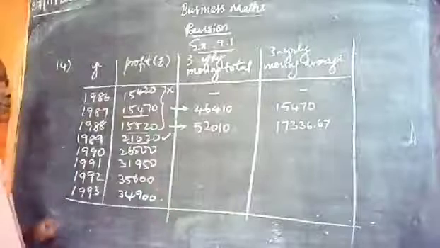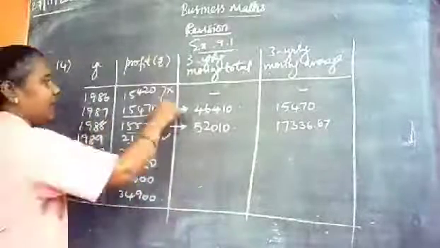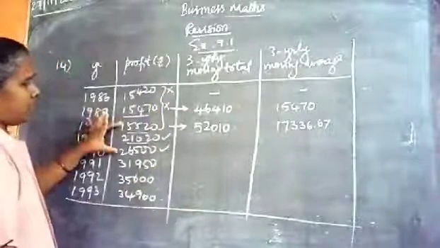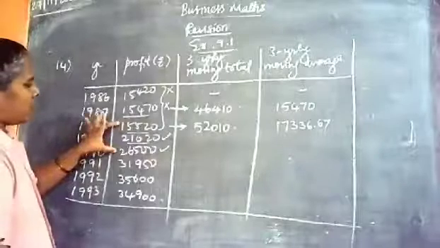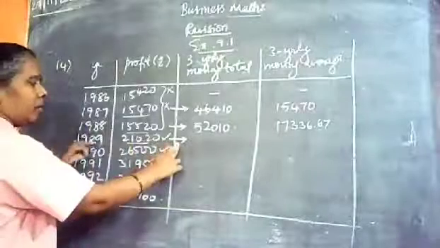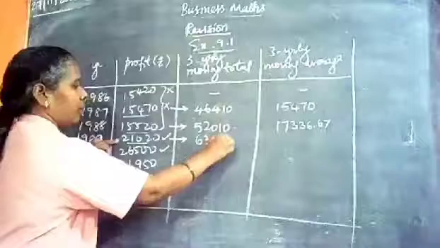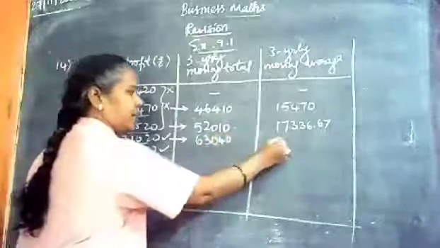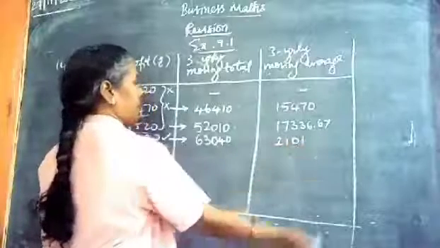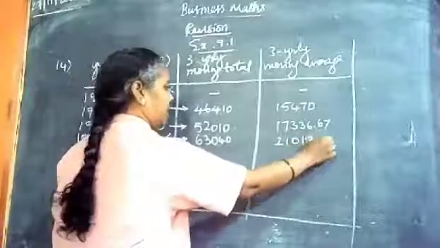Now the process is over. Again, we are going to find the total of the next 3 numbers, leaving this number and joining the next number. So you will get these 3 numbers. Find the total of these and write the answer in the middle, which is 1989. The total is 63,040. Find the average by dividing by 3 and write the answer: 21,013.33, rounding off the 333.